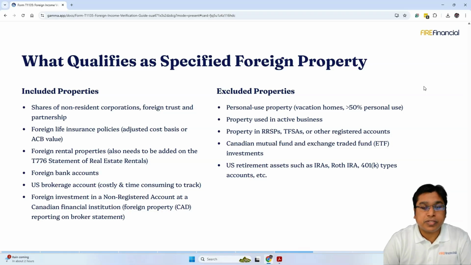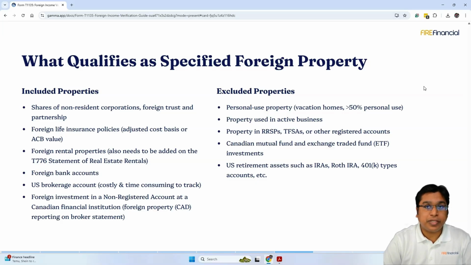The good thing is all the financial institutions know the requirement for T1135, and normally when you receive a T5008 form, you also receive a detailed report of those foreign assets. All you have to do is add all those assets by country and then add that to your T1135. So if you have investment in Google, Apple, or Alibaba, you need to report those in your T1135.